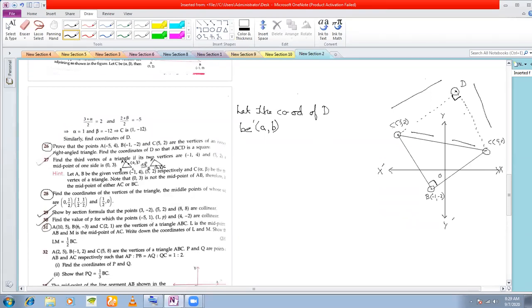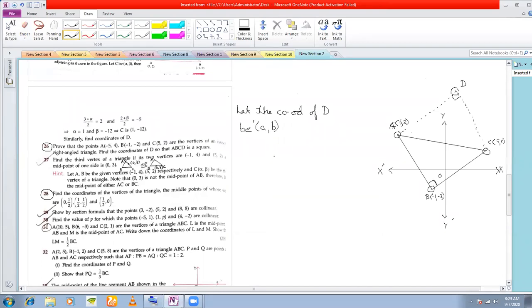So that these two sides and this side must form a right angle triangle. That is, I'm talking about the triangle ADC. This triangle must be a right angle triangle. We are going to use these two properties: that all the sides of a square are equal, and that each interior angle of a square is a right angle.